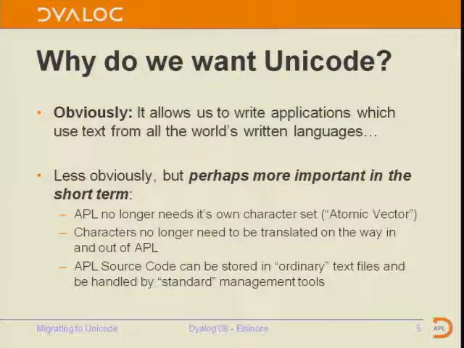We can get our source code out into ordinary text files. And then we can use all of the standard tools for source code management and building applications, in which millions of euros, dollars, whatever, have been invested. Some of them are very good. Some of them may seem a little bit alien to us at first, but certainly for large applications, these tools are very, very useful, and we'll have a look at some of those.